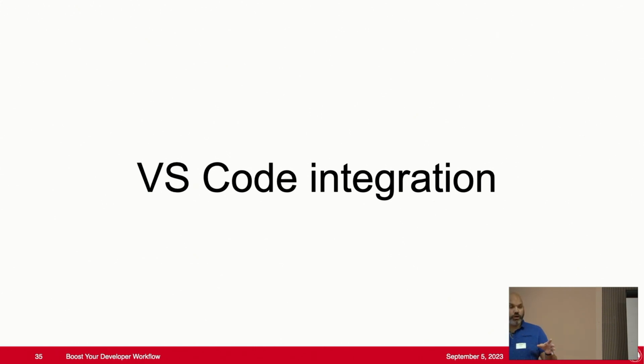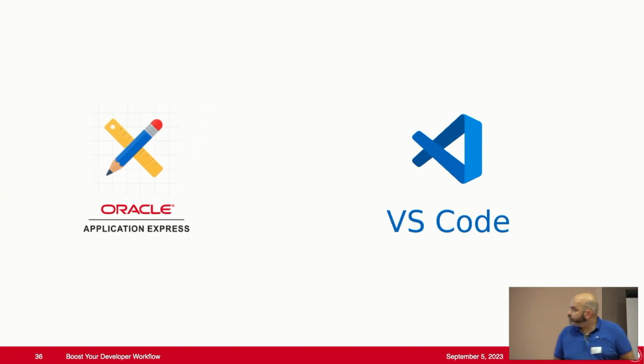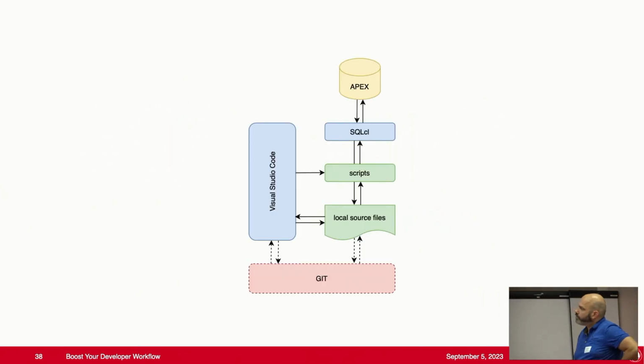I use Visual Studio Code a lot, and I wanted to have my tool being able to communicate with Apex over all the metadata views which are available. So what are we going to do? We have Apex, we have Visual Studio Code, and maybe you have Git. This is a little architecture